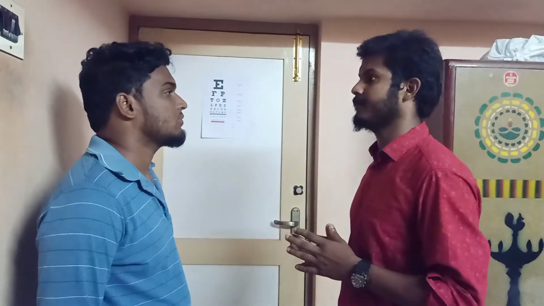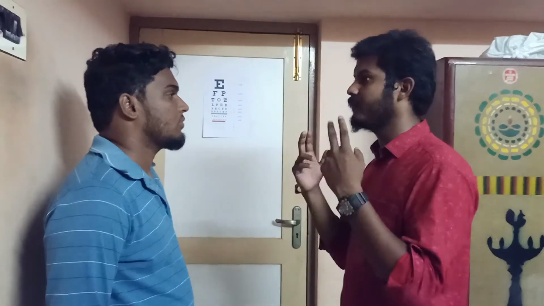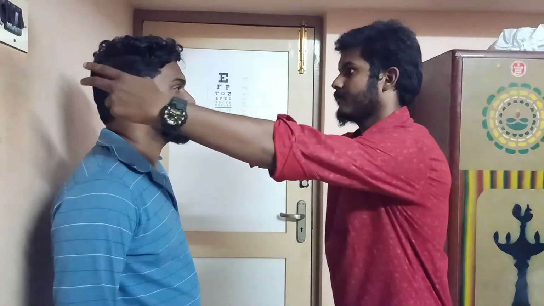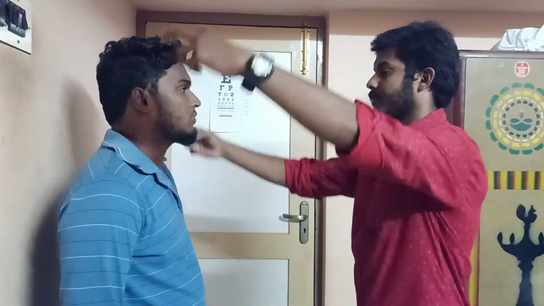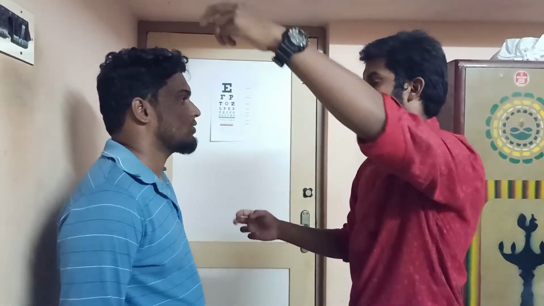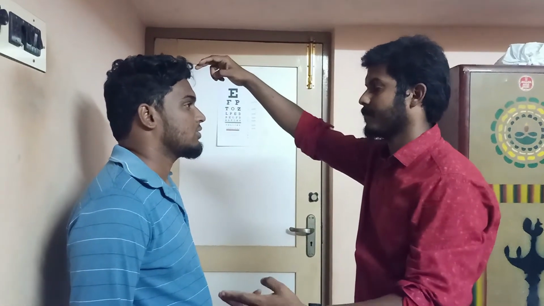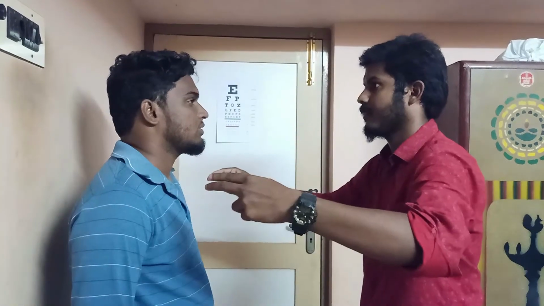Now I am going to check your lesions in your visual pathways, anterior and posterior visual pathways. See my eyes with both your eyes. Don't change, directly see my eyes. And then tell me when you see these wiggling fingers. Yes. Yes. Yes. Yes. Thank you.